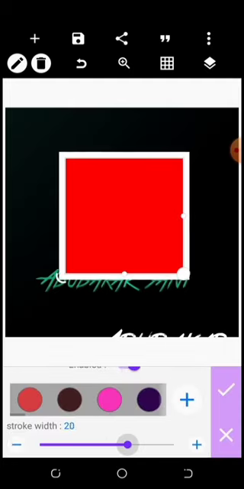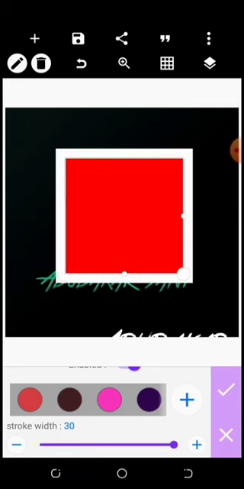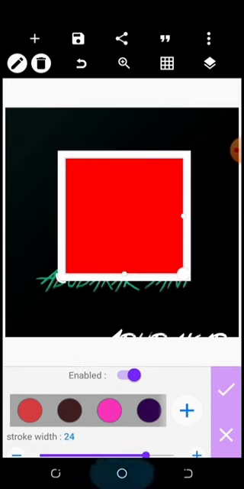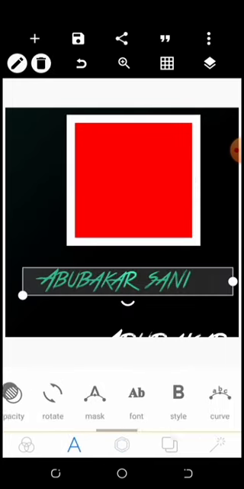This stroke, the other stroke used to have blur, but this one doesn't have blur. Okay, this is under shape, under text. So I say it's still the same thing. It's still the same thing. So this rotate,